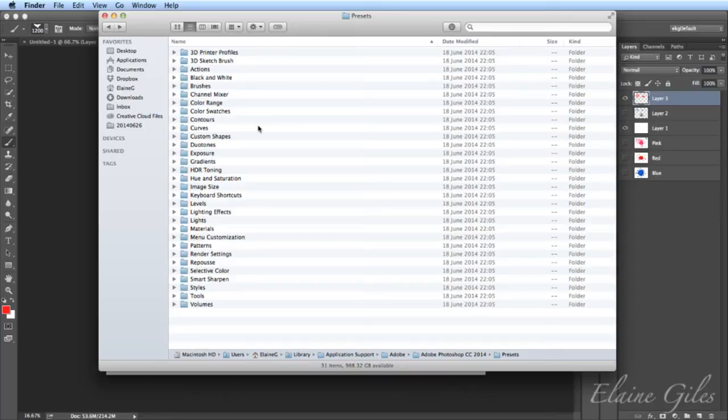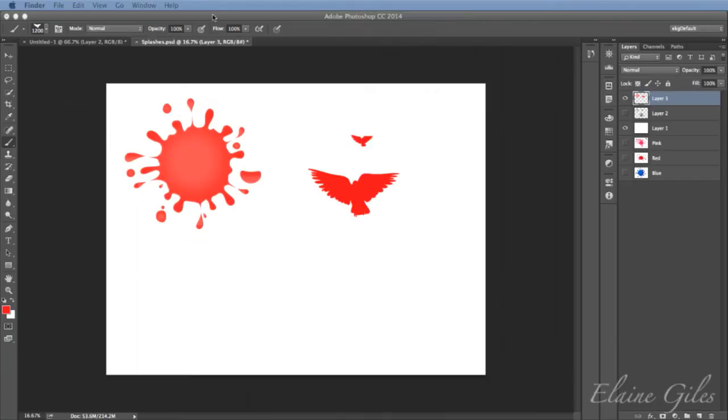On Windows, they are in a slightly different location. They are still going to be in the Brushes folder inside Presets, inside your Photoshop folder, inside an Adobe folder, but then it starts to change. So working back up the chain, you will then need to be in your Documents and Settings, and you will find them in there. The precise location is going to depend on the precise version of Windows. Luckily, the Mac is a little bit easier. It's always going to be in the Application Support. The only folder difference there will be the version of Photoshop. But that is a great way to make sure that those brushes are available from the menu itself.